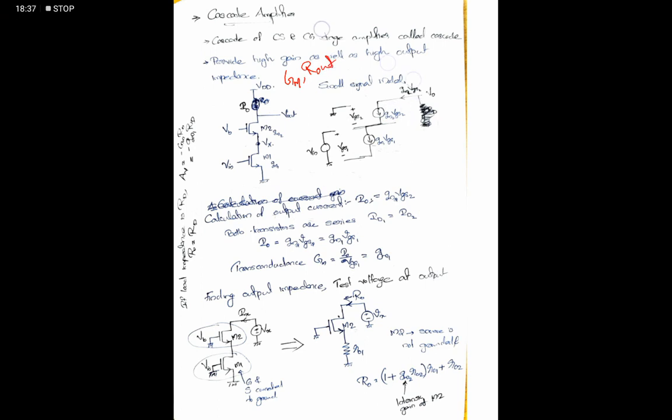Then the gain Av is equal to minus Gm times Rout, as we found. To evaluate that, first we need to evaluate the transconductance of this device, then we need to evaluate the output resistance. To find the transconductance, we short the output to ground and calculate the short circuit current. We find the output current Iout, and Iout divided by the input